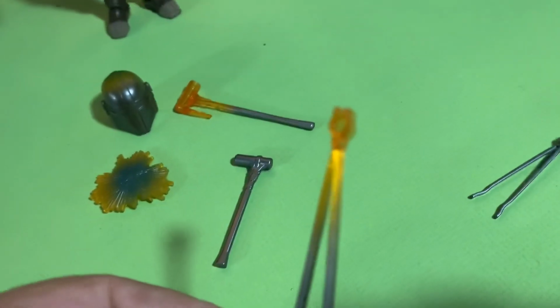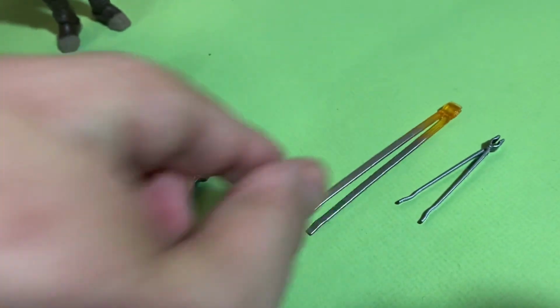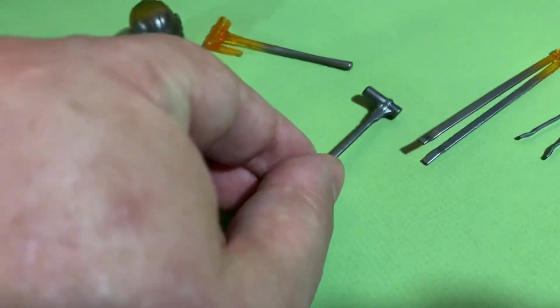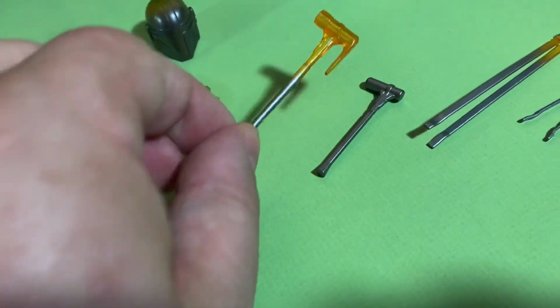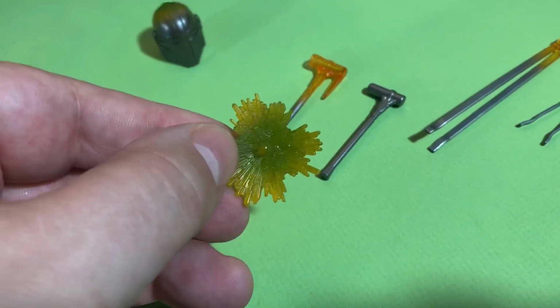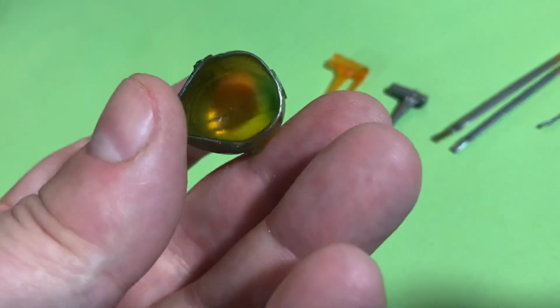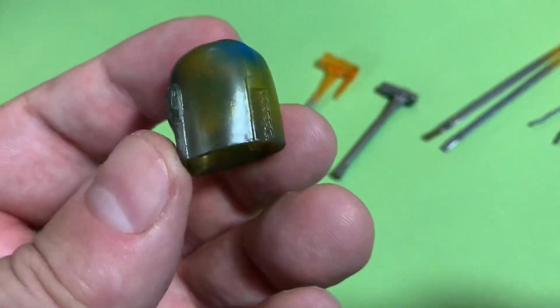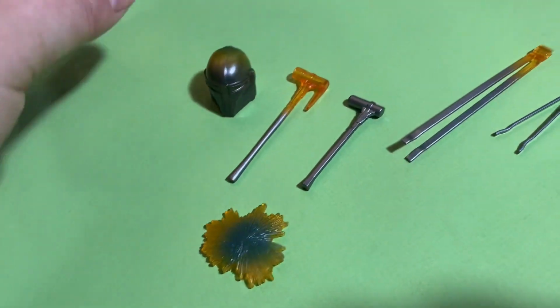grippy dealy, and one that's heated by the flames. Tongs to grab the molten metal. You've got a regular hammer and a molten hammer. There's like metal dripping off the hammer in this one, and you have a splash like you've been hitting something, and this is what she's been hitting, a Mandalorian helmet that looks like it could fit on a character just